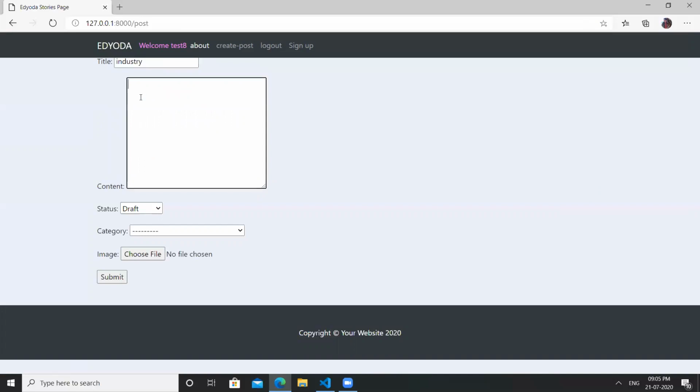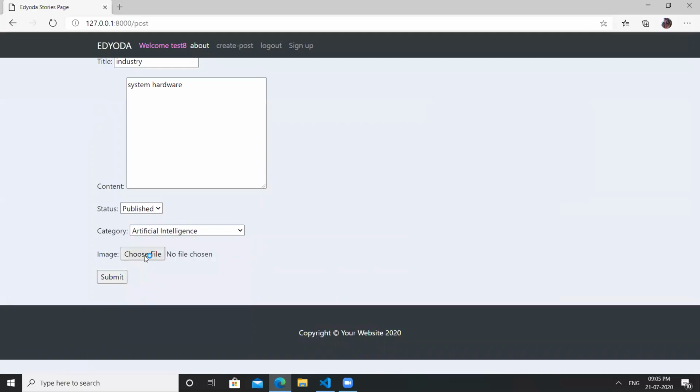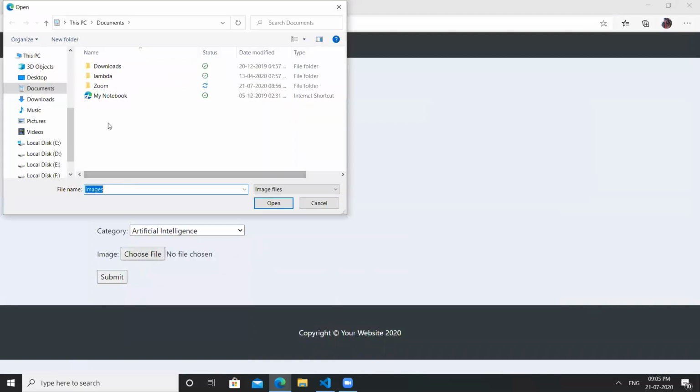The category is system hardware, and I'm making it as published, and I'm relating it to artificial intelligence. The image is optional, we can give an image or not.